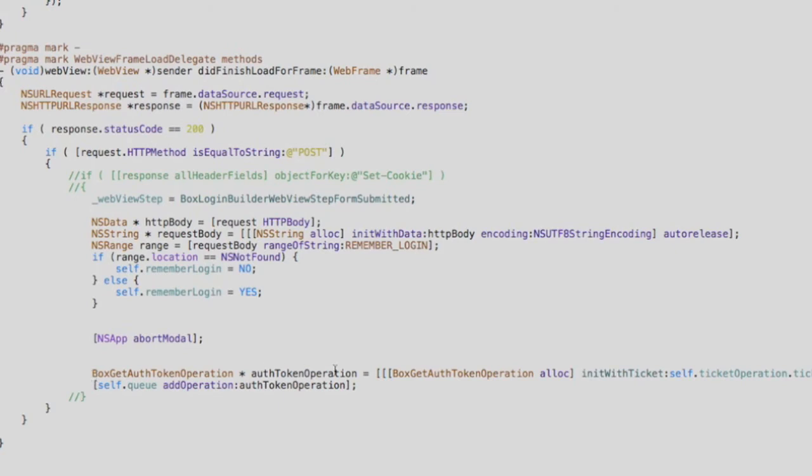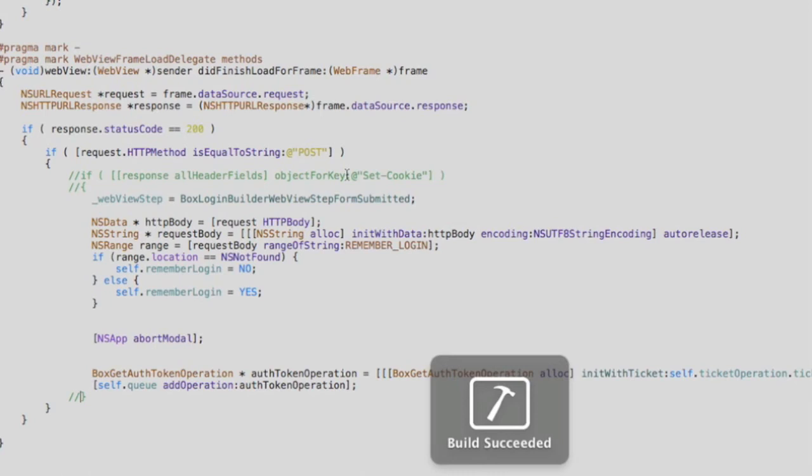If the login really failed, this operation to get the auth token wouldn't succeed anyway, so nothing really changes except that we're fixing the bug in the Box.net client, which no longer understands the response properly from a successful login. So I went ahead and commented out this check, and I'm going to build the application